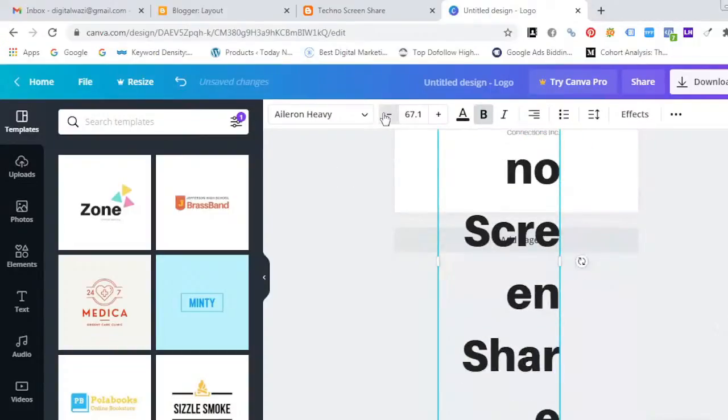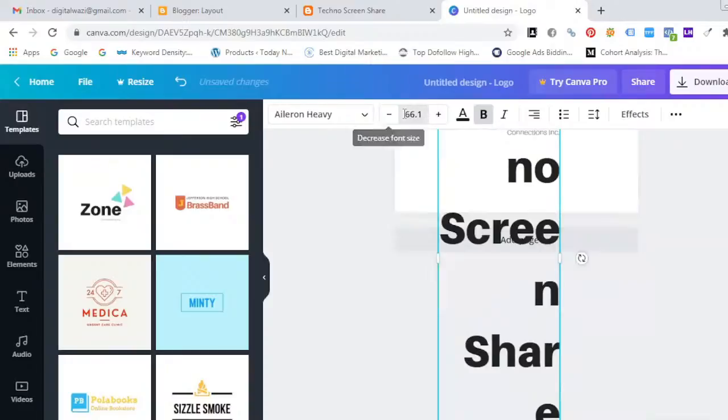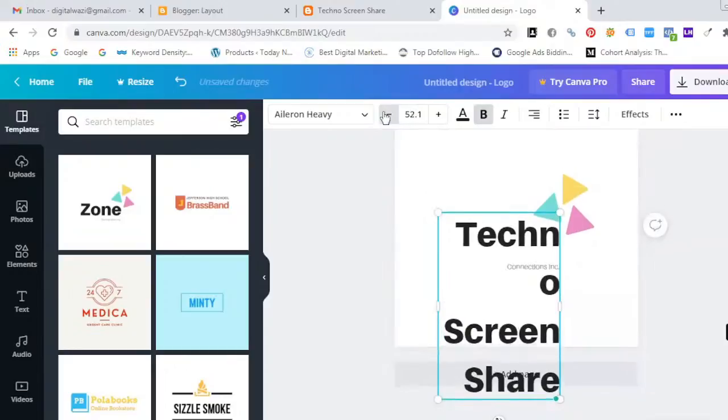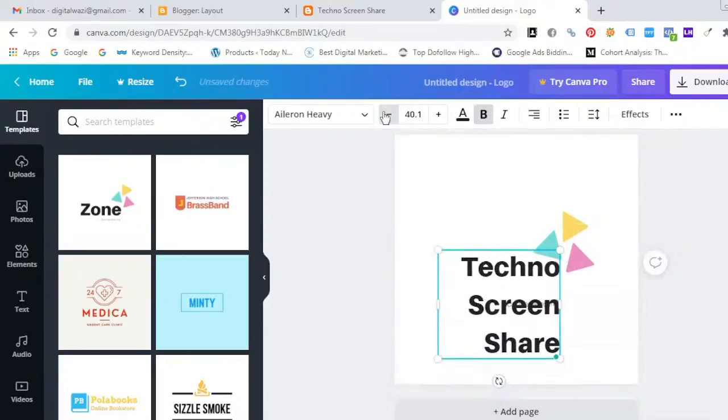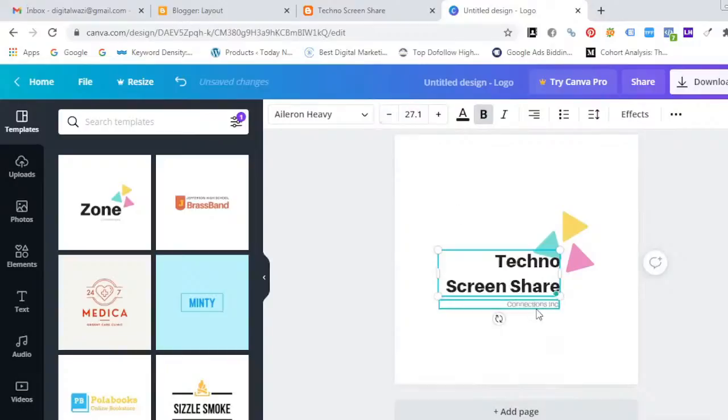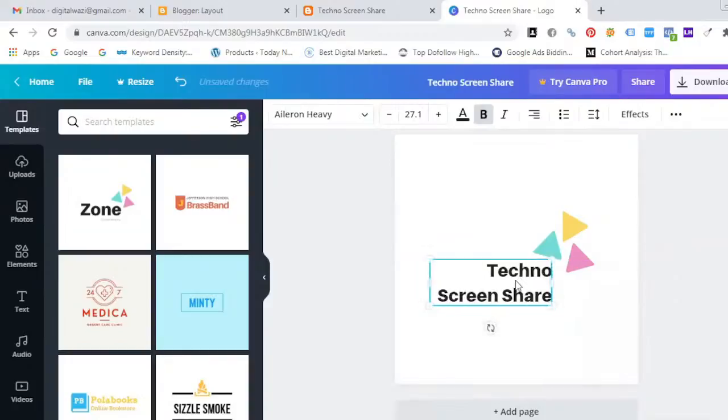Reduce the size of the logo. If you want a tagline, you can make it, otherwise you can remove it. Now, this is a technology relevant logo.